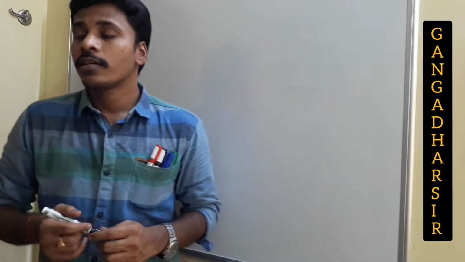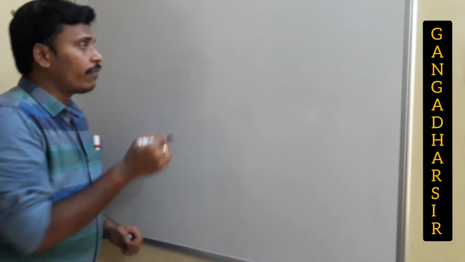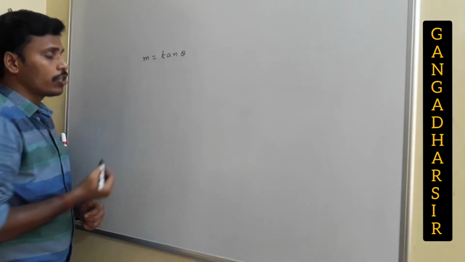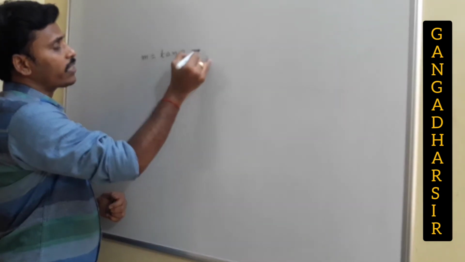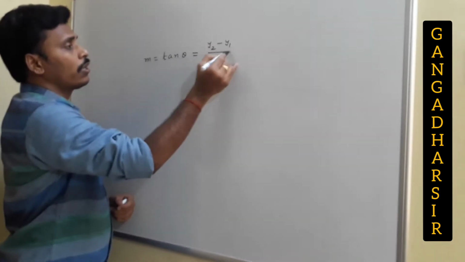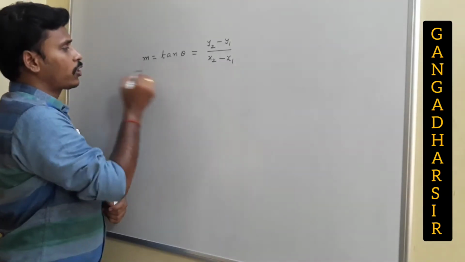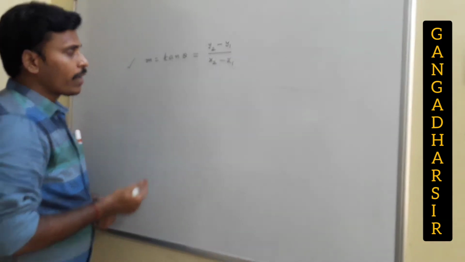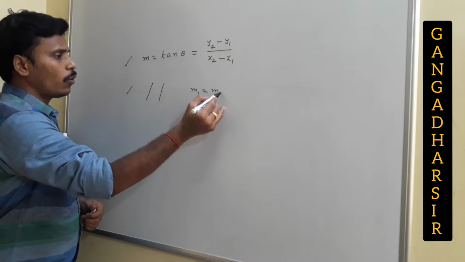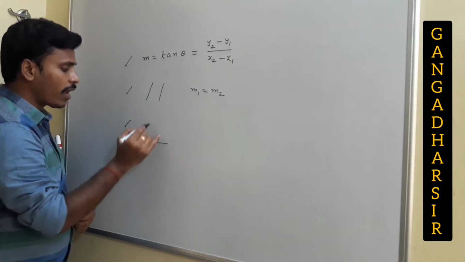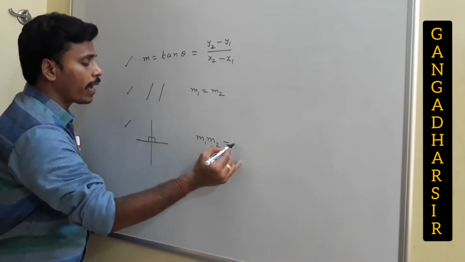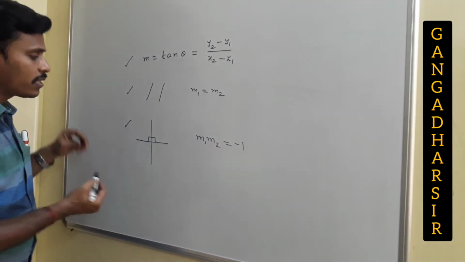And the next thing is, slope of a line can be calculated with different formulas. If theta is the inclination, slope can be calculated using tan theta. And if you have 2 points x1, y1 and x2, y2 on a line, then that slope can be calculated using y2 minus y1 by x2 minus x1. Is it right? And one more thing is, if the lines are parallel, then the slopes are equal. And if the lines are perpendicular, then the product of their slopes is given as -1. All these things we discussed in the last class.